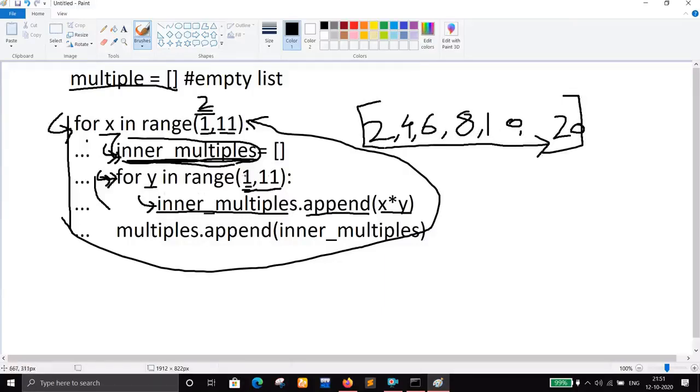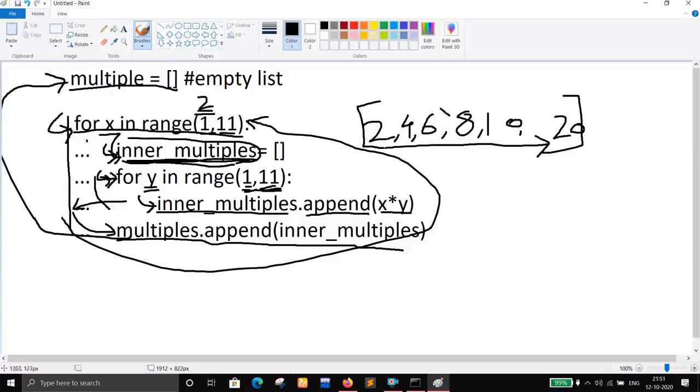Now it will execute, it will exit, because the condition has been satisfied. Because 10 multiplied by 2, once the value of y is 10, it satisfies this condition. So again we exit from this loop and we continue the outer loop. The last statement of this loop is multiples.append(inner_multiples). That means inside this list add this list, and this list is the second element, because the value of x